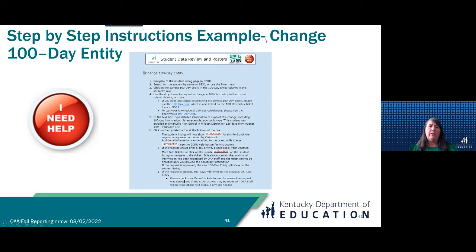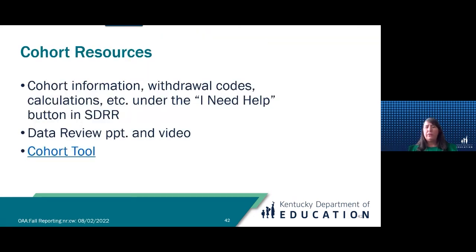And then we also have cohort resources, and I even linked to you what those will be. You have the cohort information, you have all the withdrawal codes, as well as the calculations underneath the I Need Help when you go to cohort. You also have the data review PowerPoint that you're looking at now, and the video to go back and look at the cohort section, and you have a link to the cohort tool that takes you directly to that.